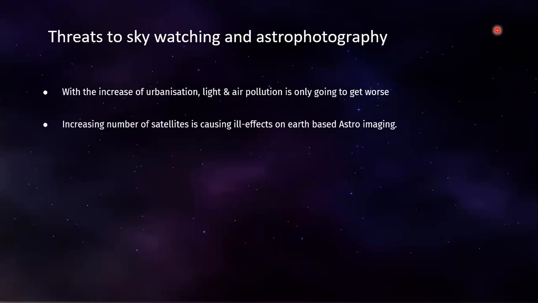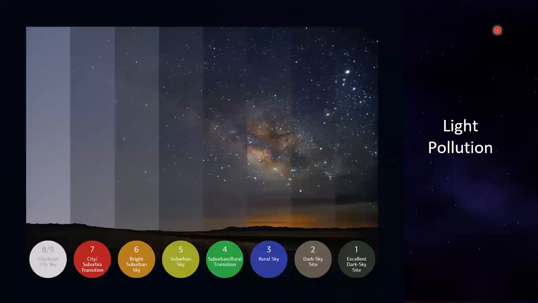Now there are some threats to sky watching and astrophotography. The first of all is the light and air pollution, which I have mentioned. The second one is satellites. Now the number of satellites has been increasing every year, and this causes a serious ill effect on our Earth-based astroimaging. Now, looking at the light pollution scale, there is a scale called the Bortle scale, which kind of